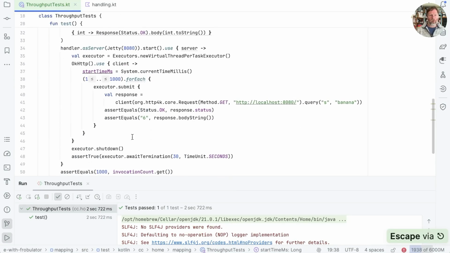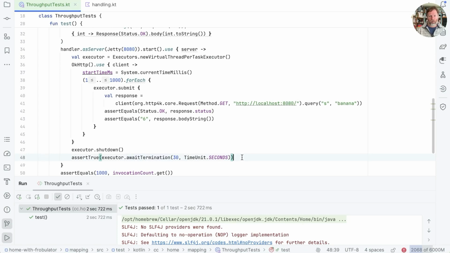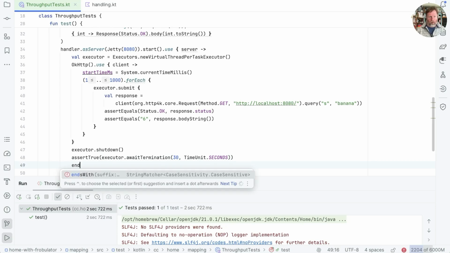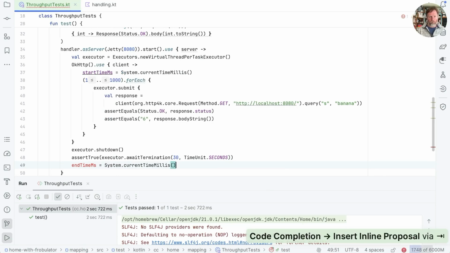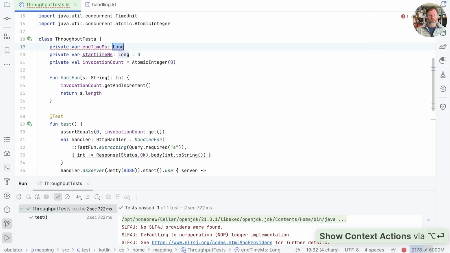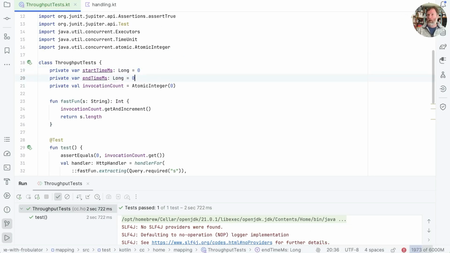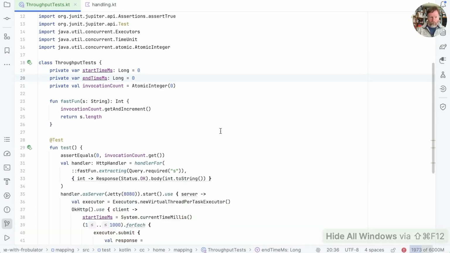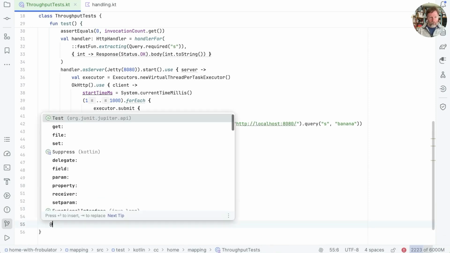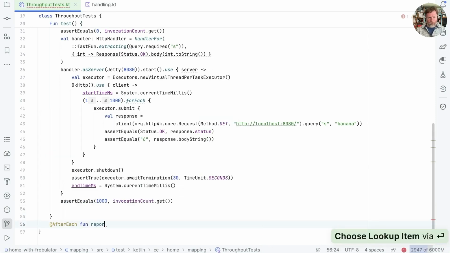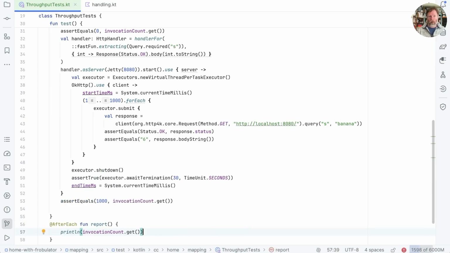And when we're done, we will remember the end time, and we've awaited termination, so the end point will be here, and we're going to say endTimeMilliseconds is at this point System.currentTimeMillis. And again, we will create a property and default it to 0. And now in order to see that, at the end, once we've done all of our testing, I'm going to write an @AfterEach fun. I'm going to call it report, and it is going to say println. Well, actually the invocation count is the thing I want to print, so let's just